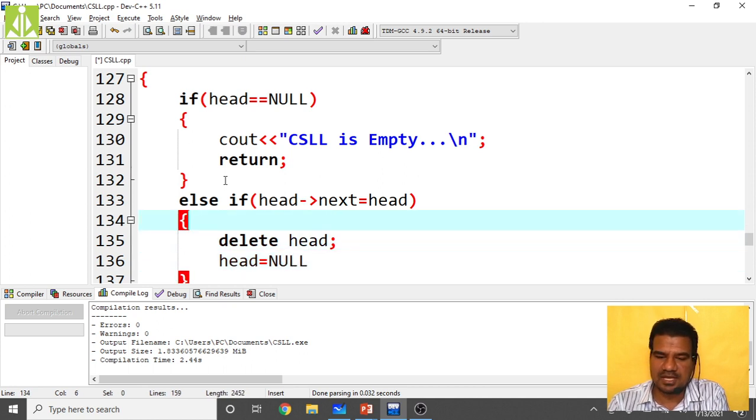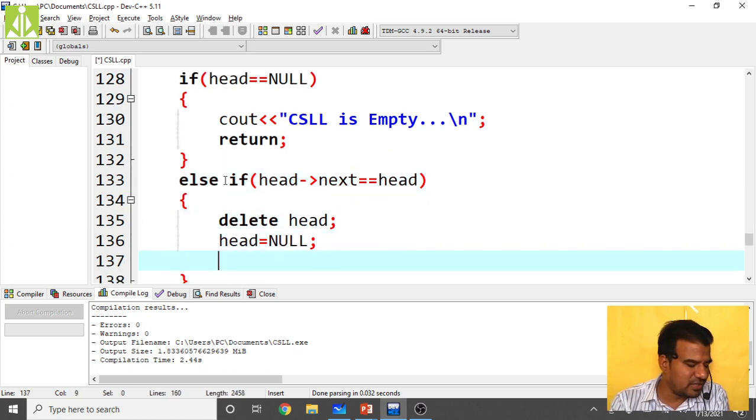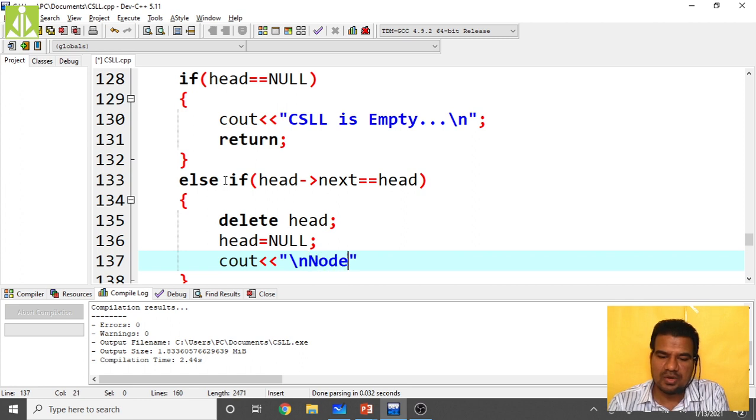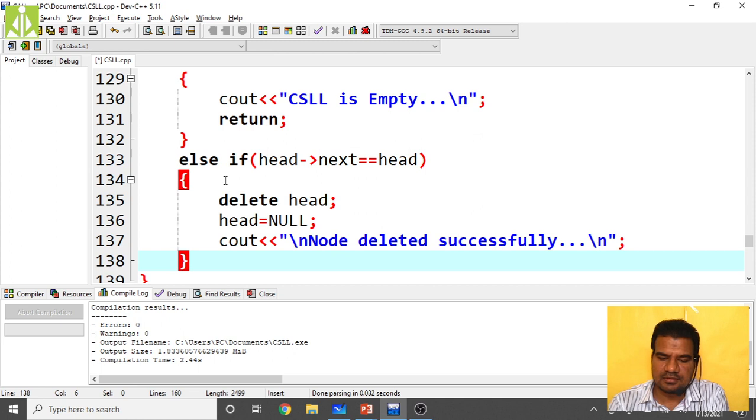Again I made that same mistake. Here you have to put double equals, because we are doing the comparison, we are not doing the assignment. Okay, so semicolon at the end, then cout, print that message, node got deleted successfully, backslash n. Then at the end keep your semicolon and return. If you have deleted that only node successfully, then return from here itself.